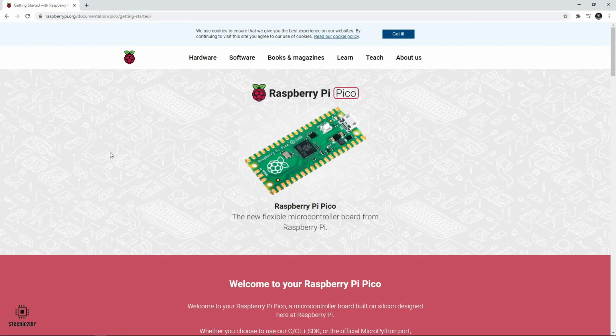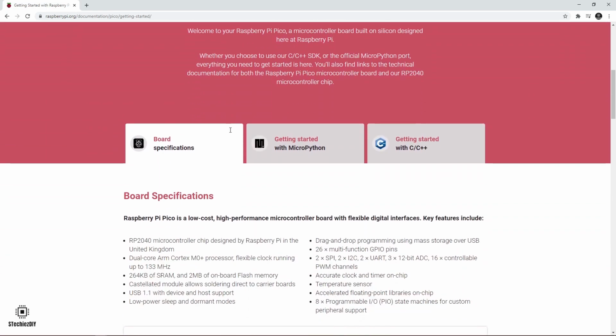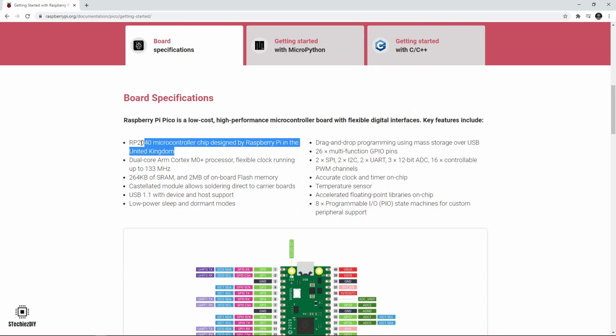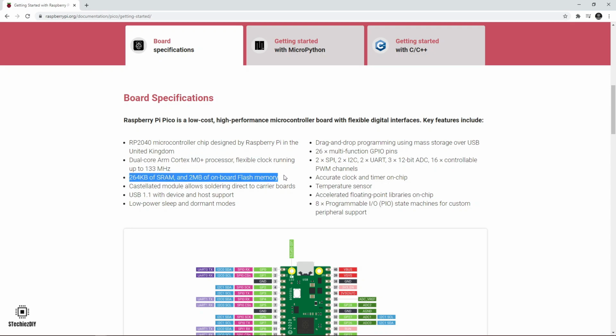In this video we will see how to use Raspberry Pi Pico board with MicroPython. Recently Raspberry Pi has launched their own ARM architecture based processor and a breakout board like Pico. Pico board is full of features and comes at only $4. The board has the RP2040 processor, dual core ARM Cortex M0 processor, 260 KB of RAM, 2 MB of flash memory.